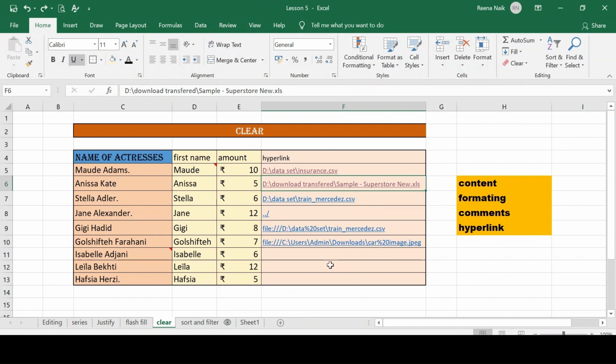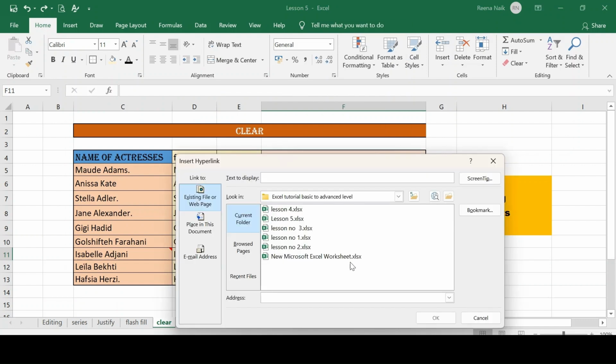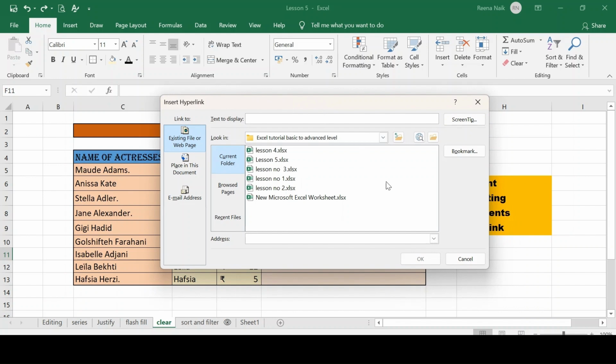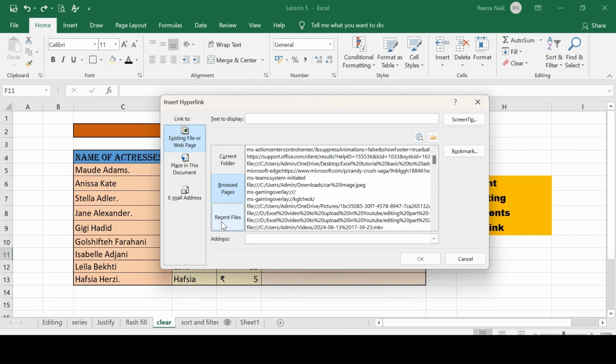Now how to create a hyperlink? I'll tell in short: click here, right click the mouse, and here you can see there is a Link option. Just click on Link. Another pop-up window will come, so you can select which file you want to hyperlink: the current folder, browsed files, and recent files.